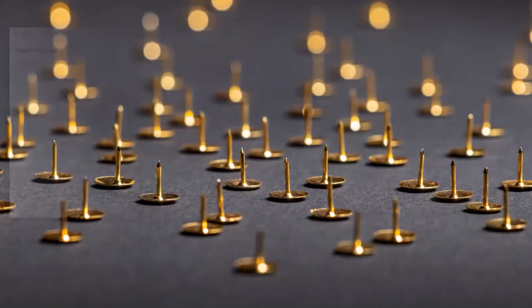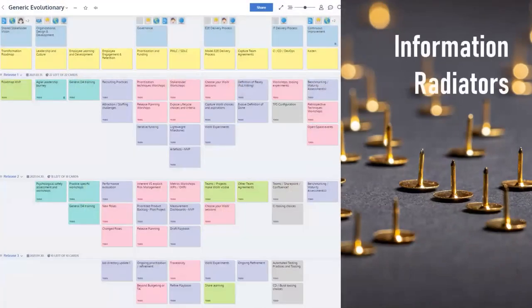And finally, from an information radiator point of view, this is an example of a story mapping tool I use called Stories on Board. This is a generic evolutionary basis that I use for evolving a company's way of working. But in this case, the pink cards are stories where there's also a little bit of risk involved. So I've simply identified that. Everybody can see it right away. So it's a way of establishing conversations around that.